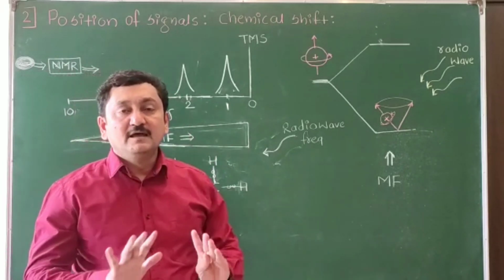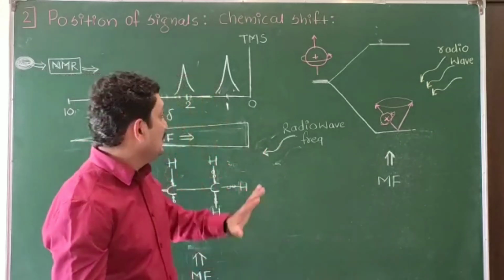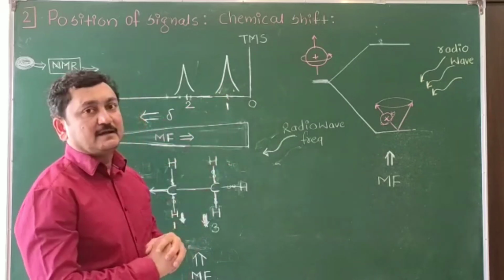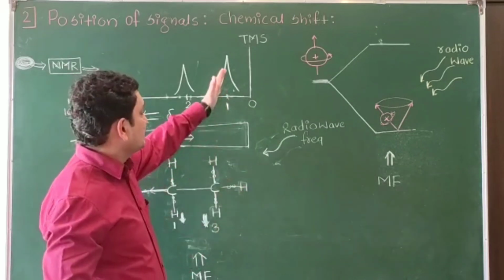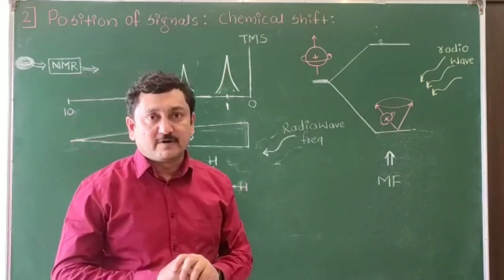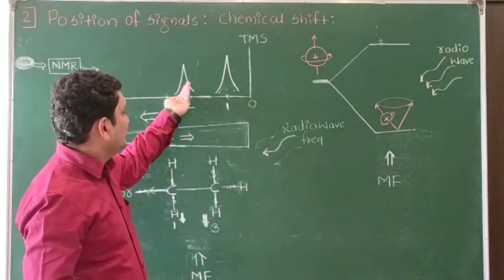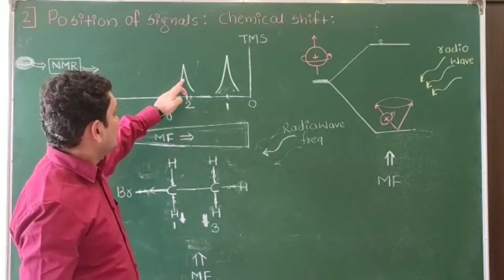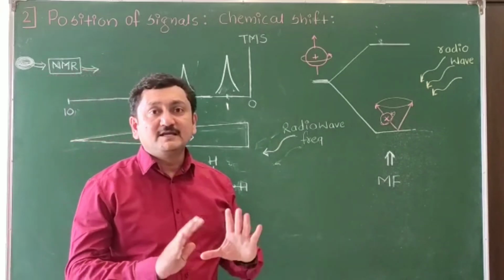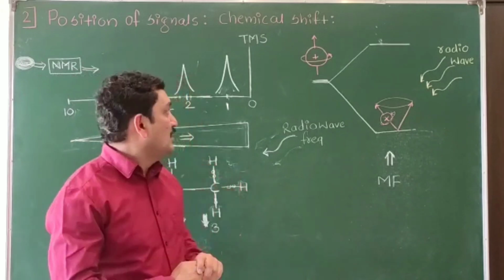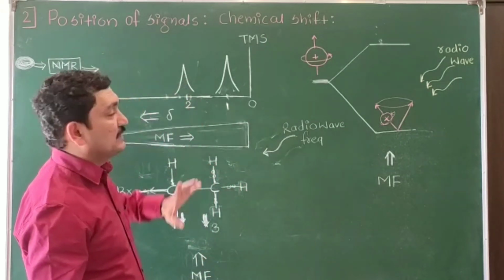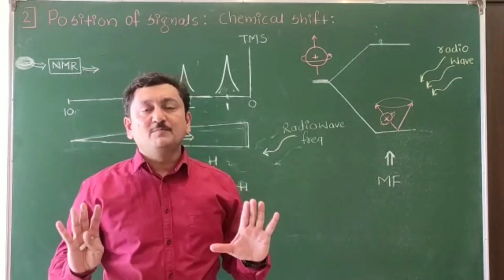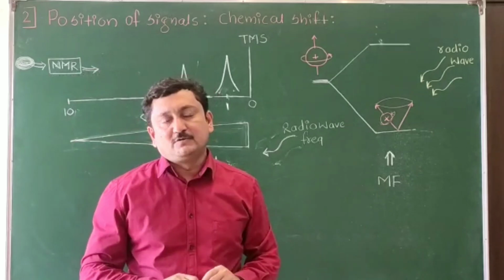Here the position of the signal is giving some information to us. Here we are getting two signals. This is the signal at lower del value or higher magnetic field. We can interpret that it is the signal of those protons which are highly shielded. While this is the signal of the de-shielded ones. It is the downfield signal. We can interpret it is the signal of those protons which are less shielded or de-shielded, or we can interpret the attachment of an electronegative atom to this one. So the position of the signal gives important information regarding the environment of hydrogen.